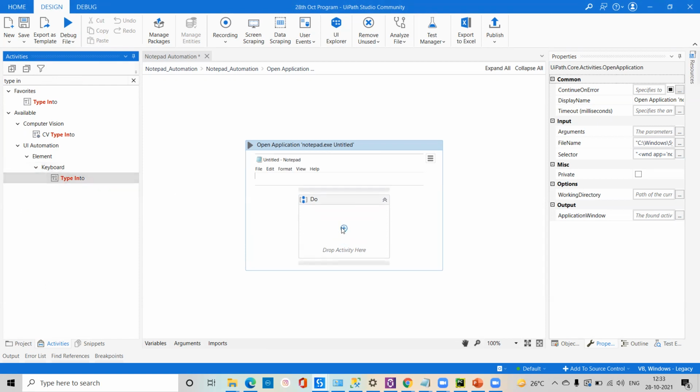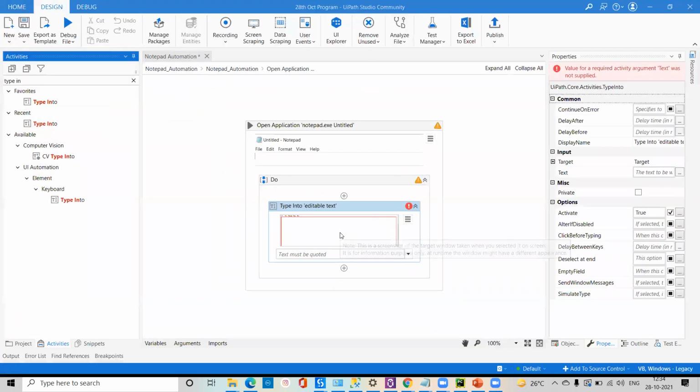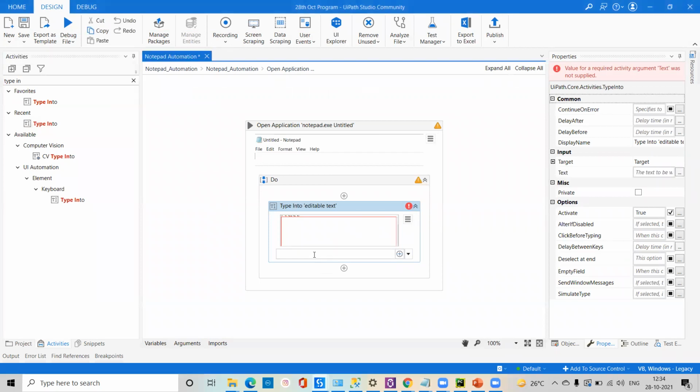We'll keep it inside the do body, and again we'll try to spy your notepad. I am going to take the minimized screen. Don't take the maximized window. Try to understand: the first time we have to take the full screen, but right now I'm going to take this minimized screen. After that, again I'm getting this error. This is your child error and this is your parent error. Right now here I will give the things.